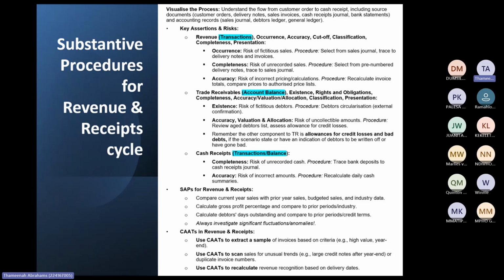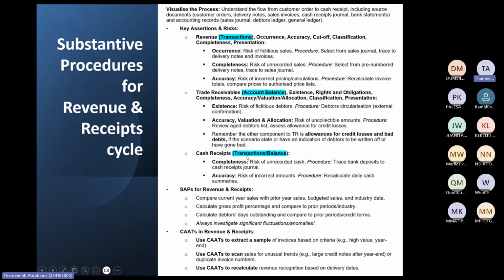You can recalculate bad debts. You can inquire and all those things. You can obtain emails maybe from the debtor to say they won't be able to pay their debt, or you could even obtain, for example, if they took the debtor to court, you can obtain the court evidence or the court order and all the court proceedings basically is what you're going to obtain to determine this was a bad debt. Then cash receipts, guys.